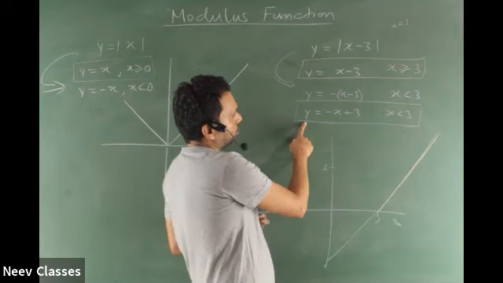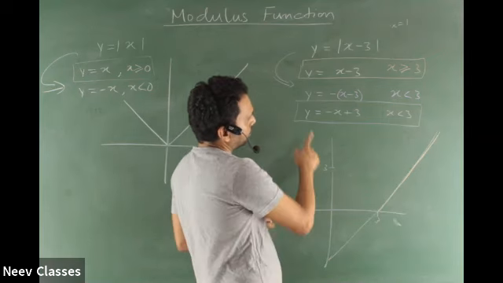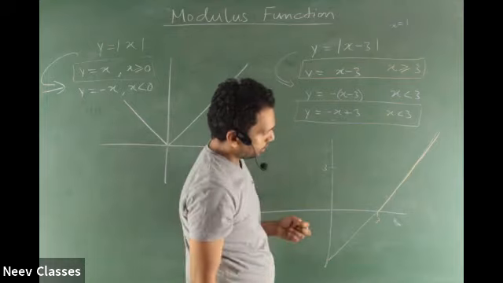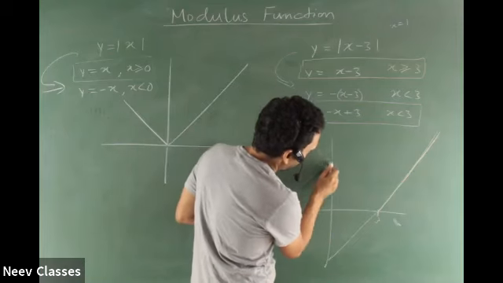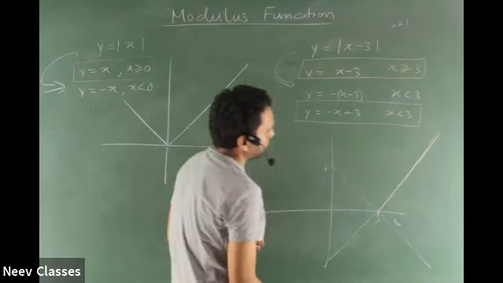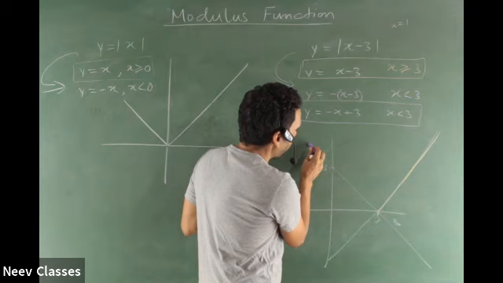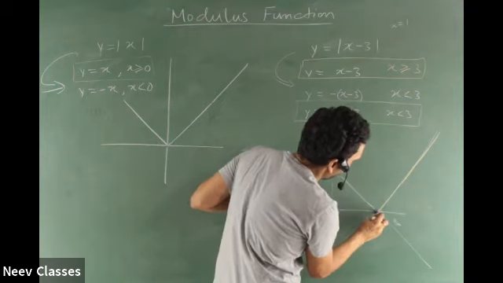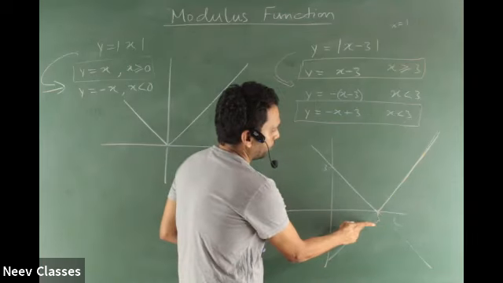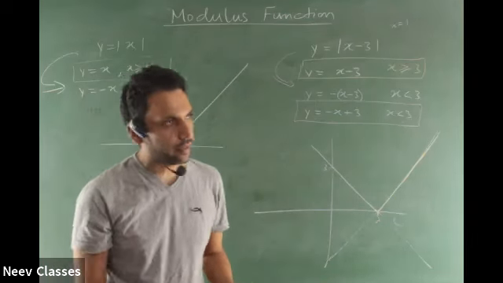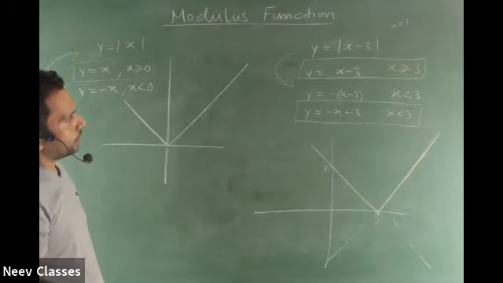Put y as 0, you get x as what? 3. It is cutting here. What's the full graph? The full graph is like this, but it is valid only for less than or equal to 3. That's the portion it is valid for and the rest is deleted, right? That's your graph, so it moves 3 to the right.